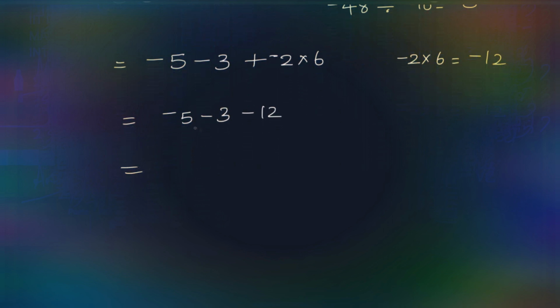All negatives means we add up and put the negative sign. So negative 5 minus 3 means negative 8. Negative 8 minus 12 means negative 20. This is our answer. Next is our 14th question. Simplify